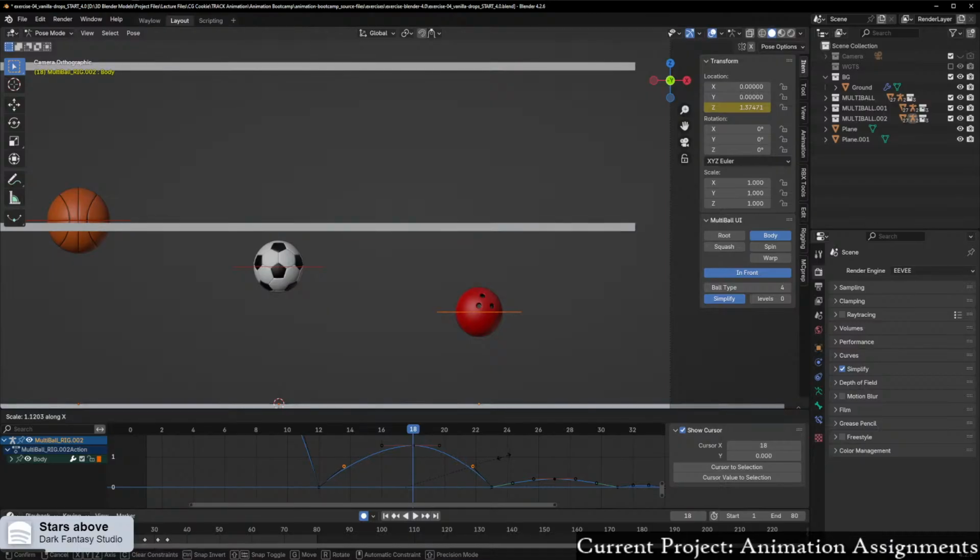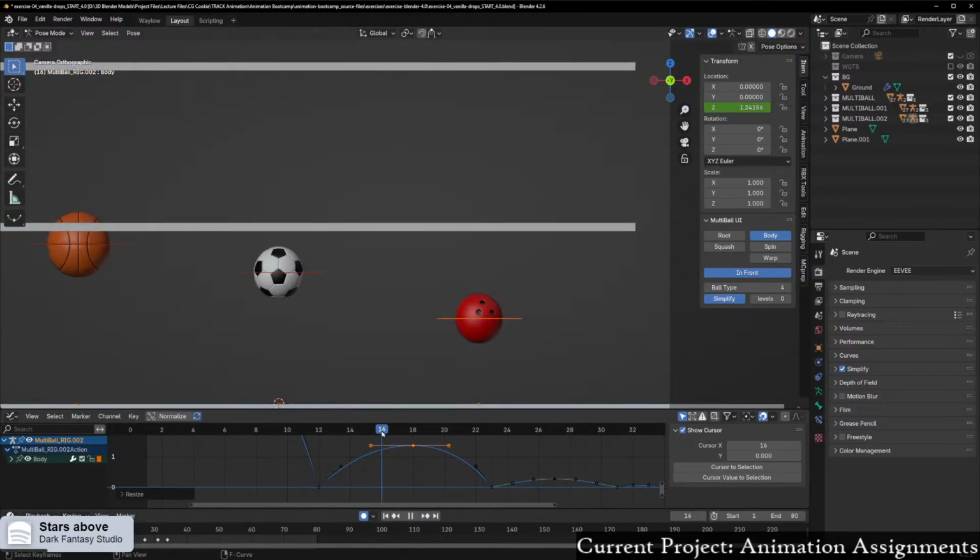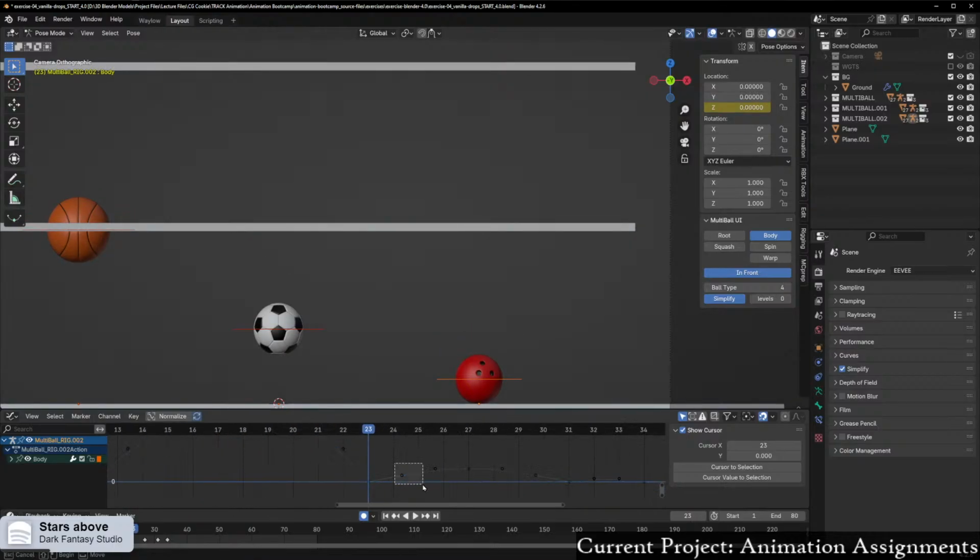So scale these out, scale this one out. Scale these. Scale that. And then scale these ones out. Hopefully we should have